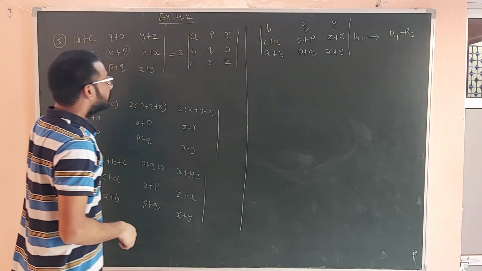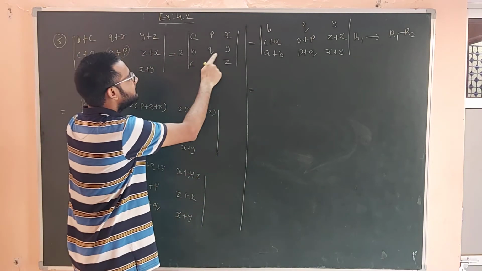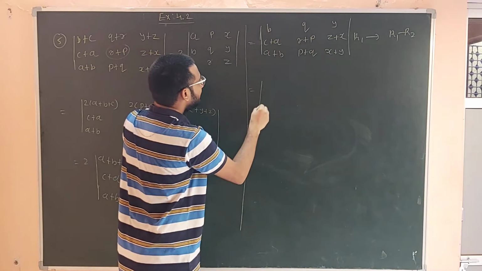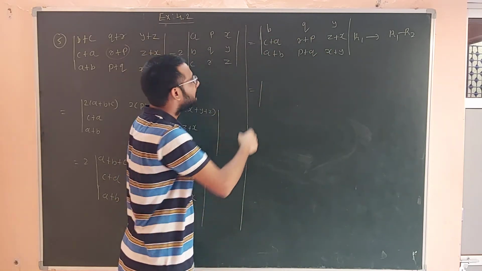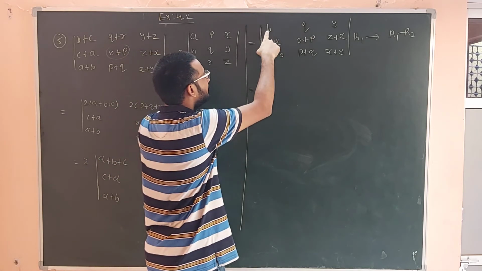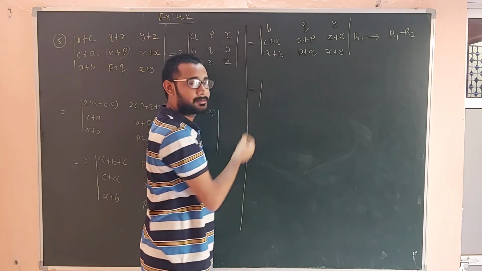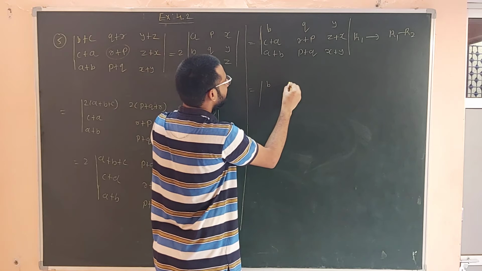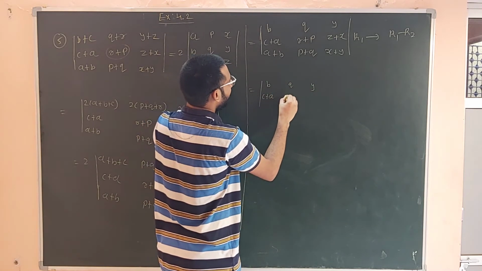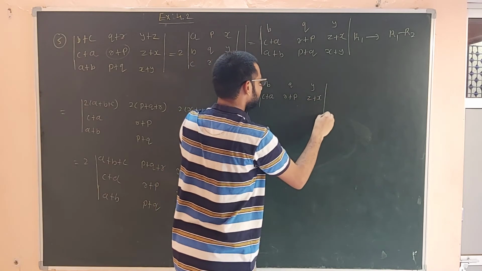Okay. Now here we get B, Q and Y, means second row B, Q, Y. Now we multiply row 1 with minus 1, okay, and add into the row 3. So we multiply B with minus 1, it comes to here, so minus B plus B cancel out, so here B, Q and Y as it is, then C plus A, R plus P as it is, and Z plus X also as it is.